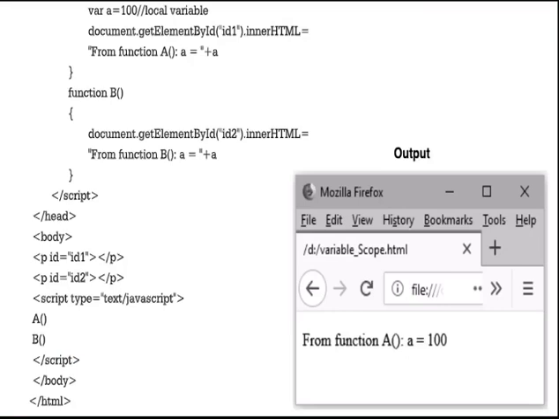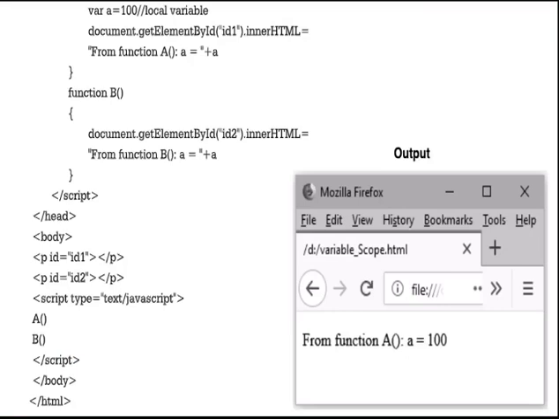Here we are going to call the functions. Then p with id equal to id1, that is of function a, and p with id equal to id2, that is of function b. Then close the tag, then open a script tag. Inside the script tag, call both functions, a open and close bracket, b open and close bracket. Close the script tag and close the body and html.